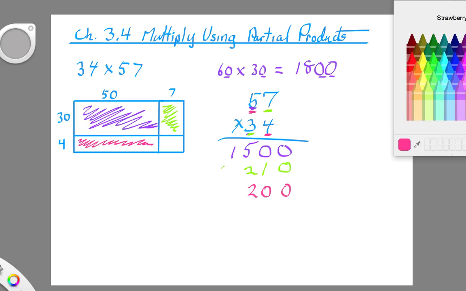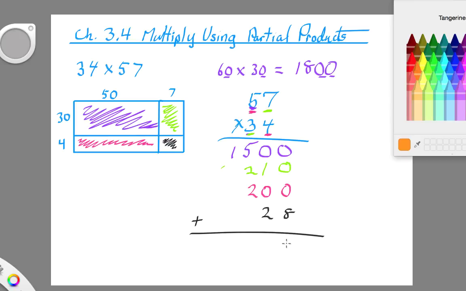And then the last little piece, I guess I'll do in pink, is this one right here. And it's just, oh, I guess I chose black. I thought I chose pink, but I missed. Is 4 times 7, and that's just 28. And then you have to add all of those pieces up. We've got 4 squares. I've got 4 areas, 4 totals, and we add those up